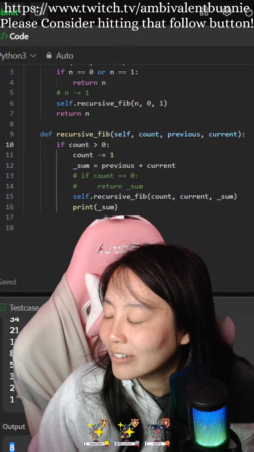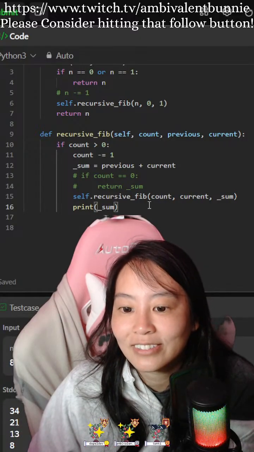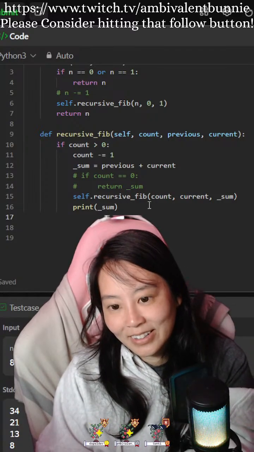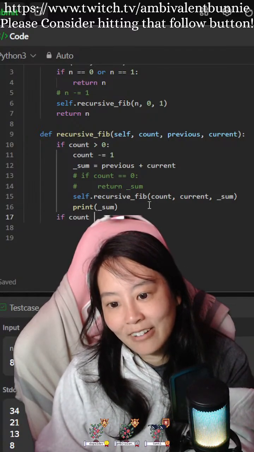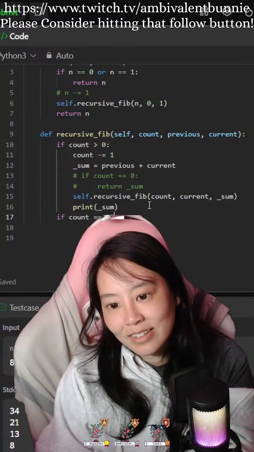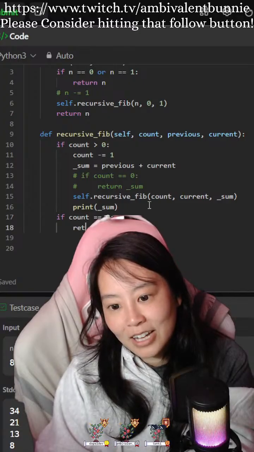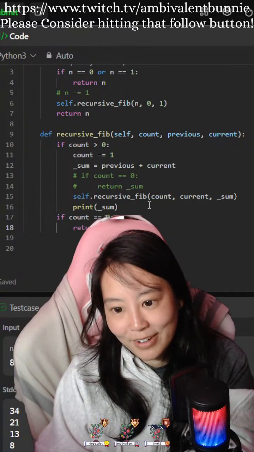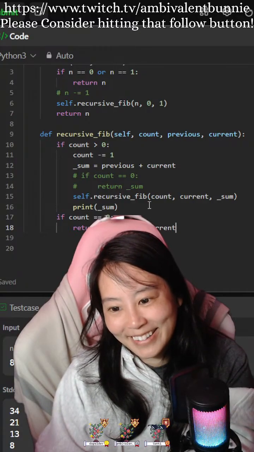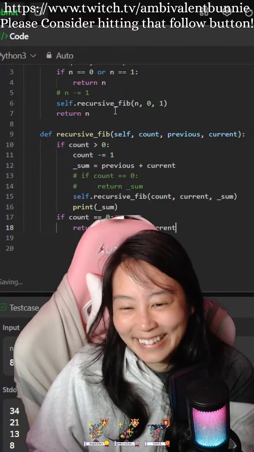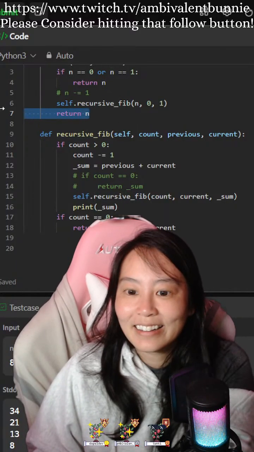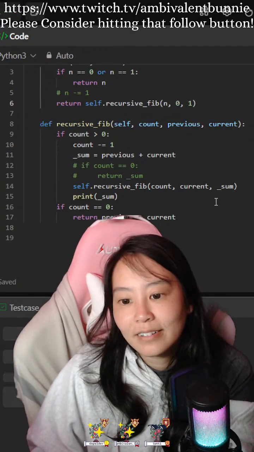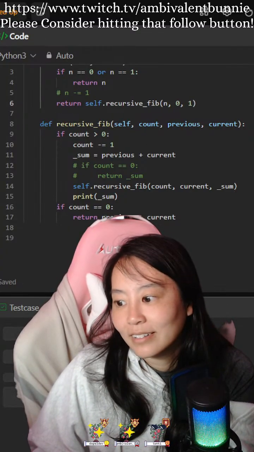So if count equals 0, what should I do? I should return previous plus current, right? What?